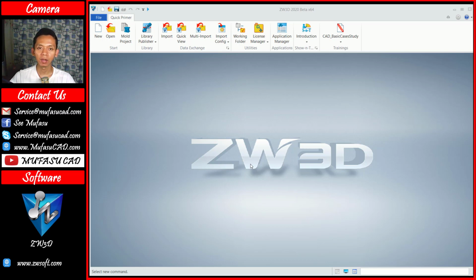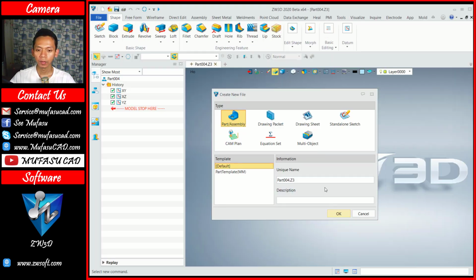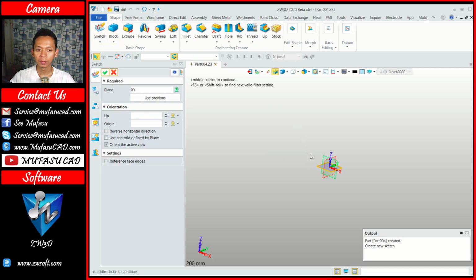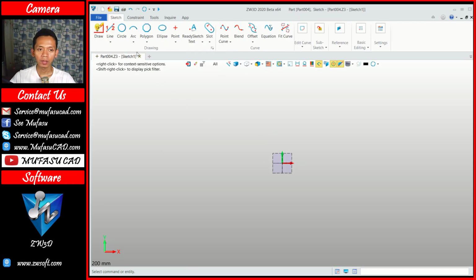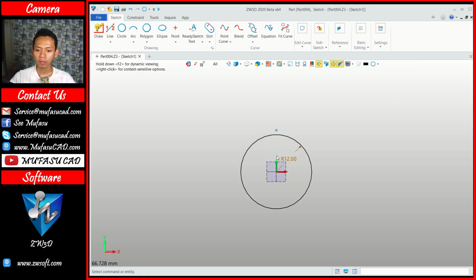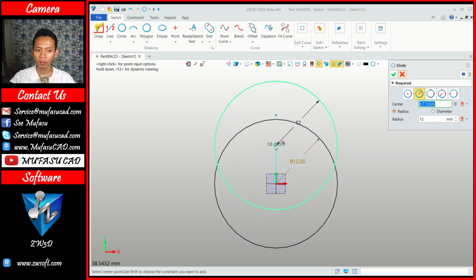Today I will create a simple LED screw. First we can create a new part, and next I will click sketch. You can choose the blue plane. Here we can create a circle starting from this point, and I will give a radius of 12. Next we can create a circle again starting from this point. We give the radius of the circle as 2,